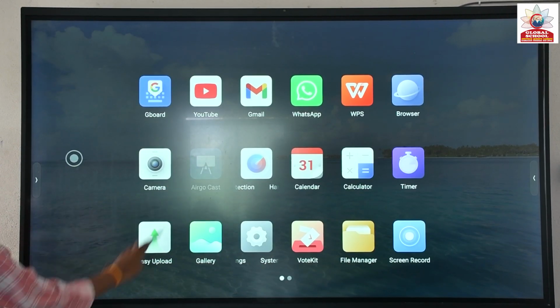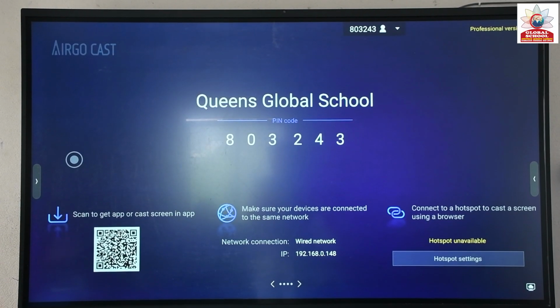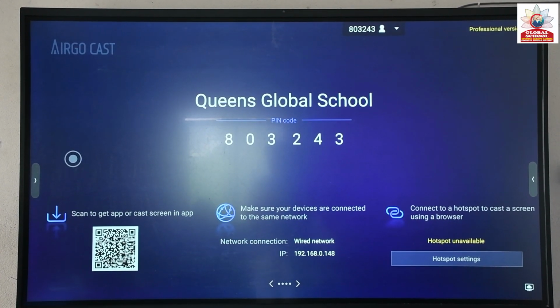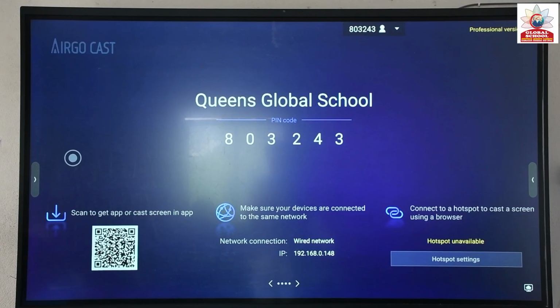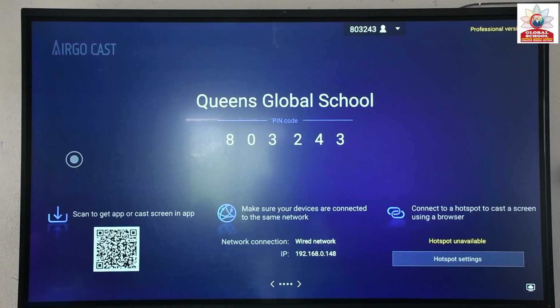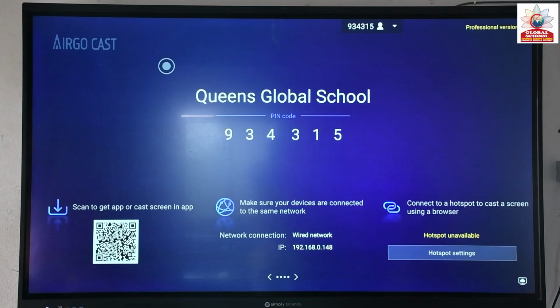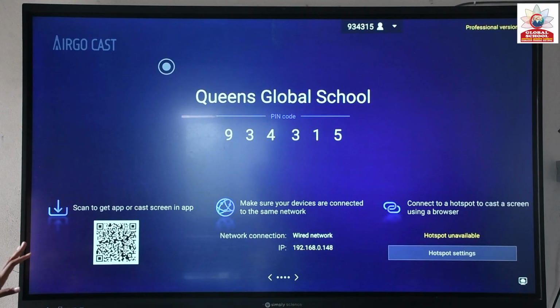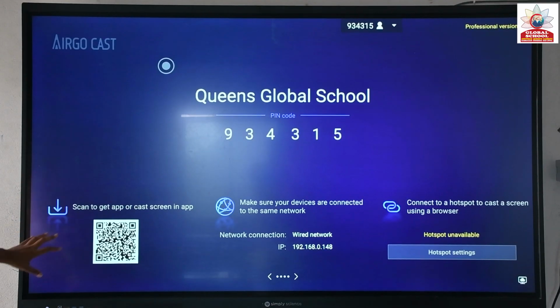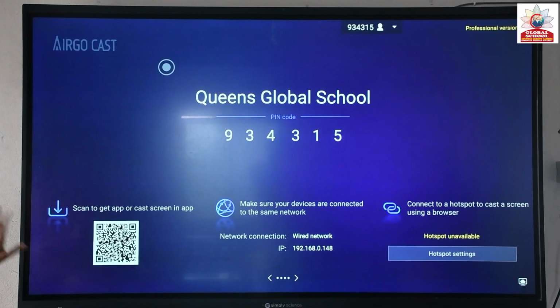And there is ErgoCast. If you want to cast your mobile phone, in our mobile phones we have this screen share option. You can cast your mobile phone, laptop, whichever device you want. Using this scanner, you can download the ErgoCast app on your mobile phone and share the screen, connected to the same Wi-Fi. Then only it will work. And one more thing is that in the Play Store, you have to turn off the Play Protect option while downloading. Once it is downloaded, you can turn it on. These two things, then it will be downloaded.